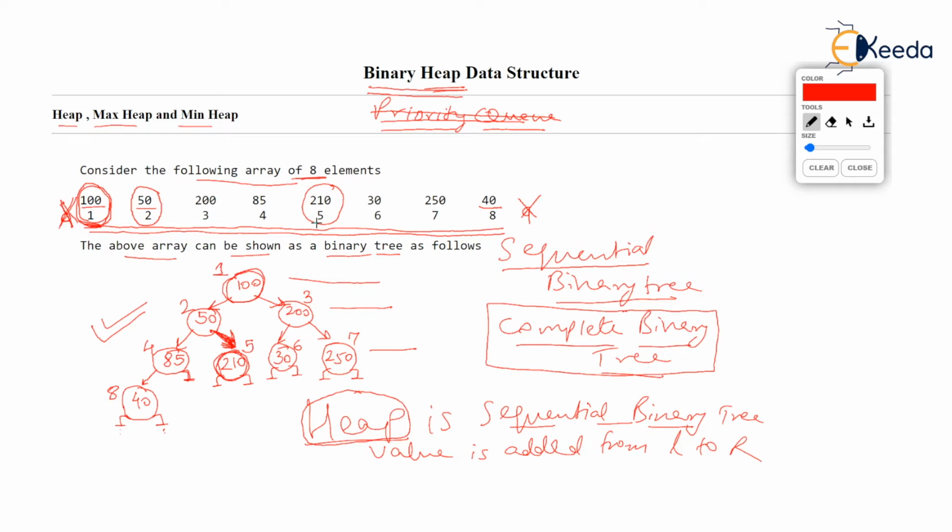Okay, where are the two children of the fifth value supposed to be? Fifth value should have two children at 10 and 11, isn't it? This is too much. 10th and 11th elements are not there in the array. So the fifth value will not have any children. Observe the diagram, observe the heap. 210, the fifth node in the heap, has neither a left child nor a right child. It is easy to understand that 6th, 7th, and 8th nodes are leaves. They don't have any children.